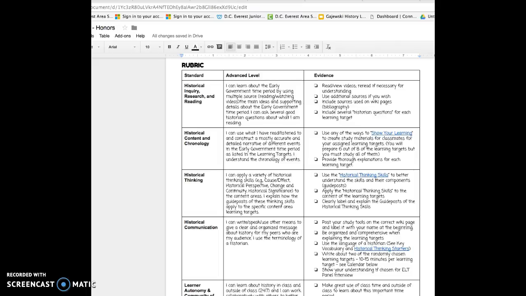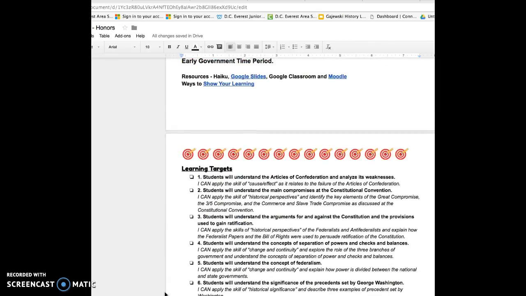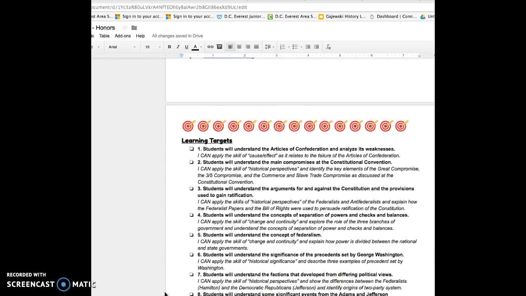Well, welcome to part two on early government, our unit, our Wiki project that we're going to be doing. You're going to be doing this during the month of December, so we want to make sure that you understand how this is going to work. So I am here on page 3,